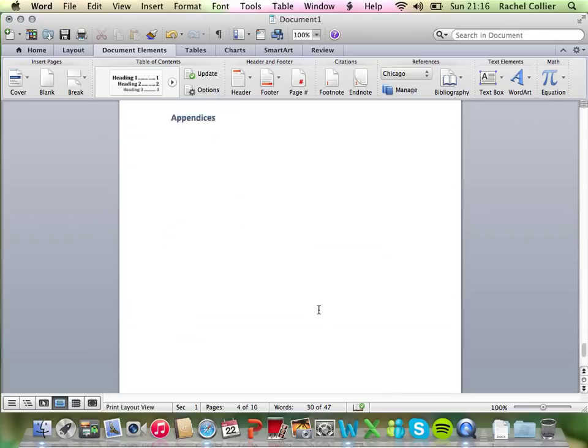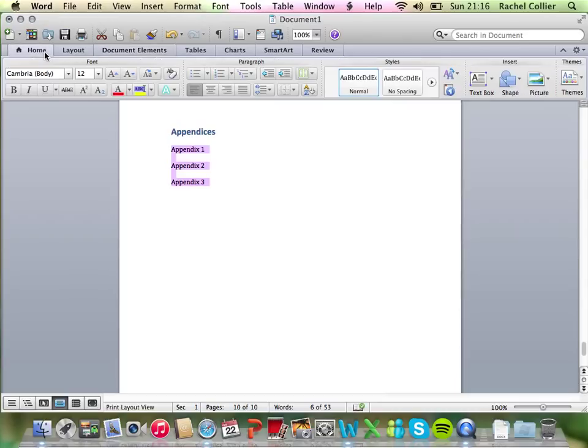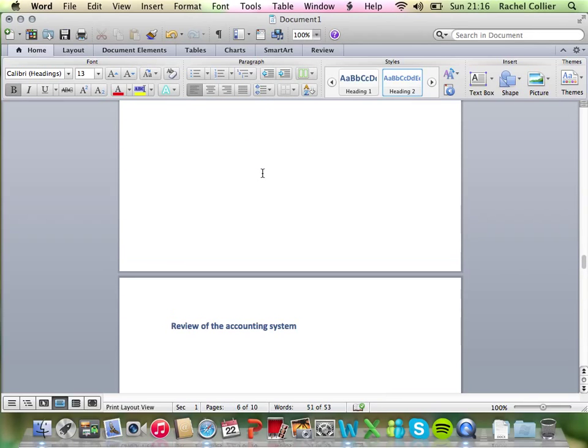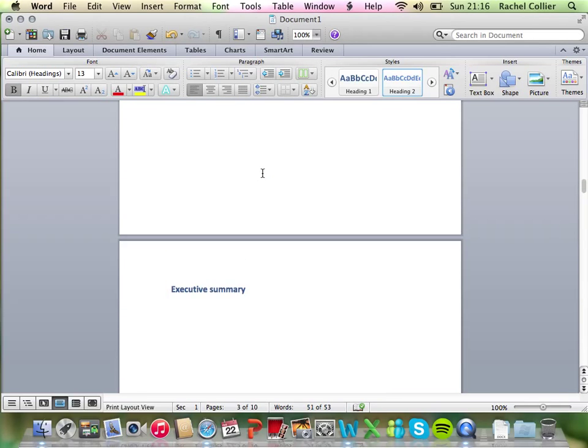So let's have a look at our appendices, for example. Now we may have Appendix 1, Appendix 2, and Appendix 3. And if we highlight these subheadings, go back to Home, and then select Heading 2 from Styles, we can see that the font colour changes as well. Now when we go back up to our table of contents,